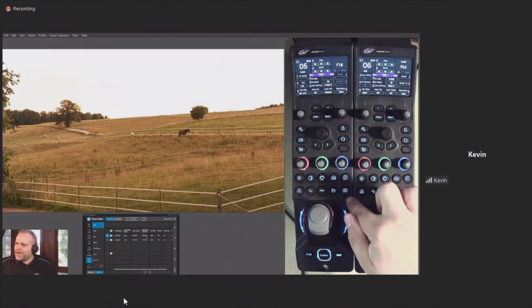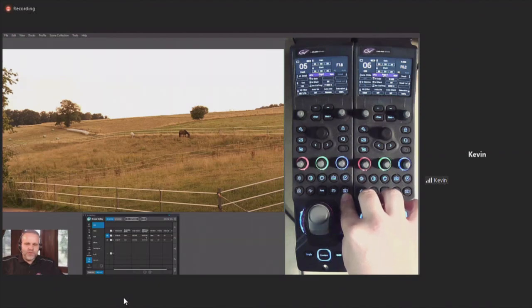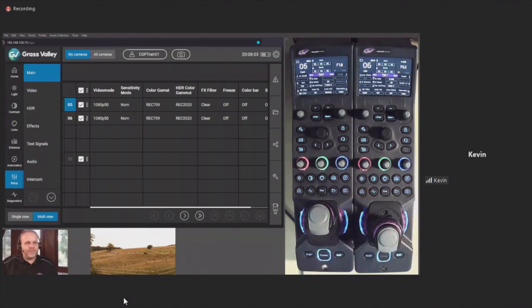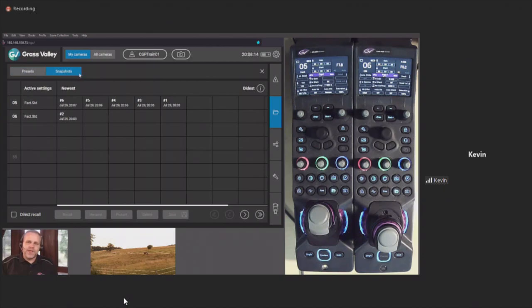I pushed this button a few times. In fact, I pushed the button every time I did a change. After I did a change, this button is called snapshot. With this snapshot button, I can open another page, which is under File. And here you will see I have my presets, which are my scene files, and I've got my snapshots. What you see here is we do have 5 snapshots on this camera, which are all created in the